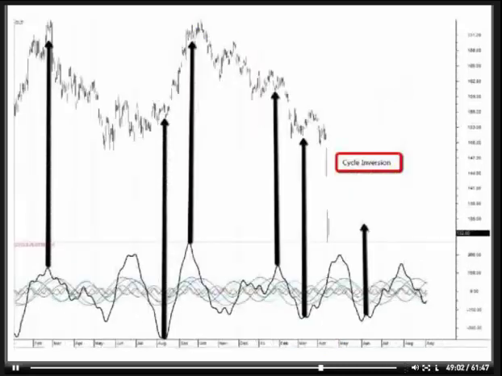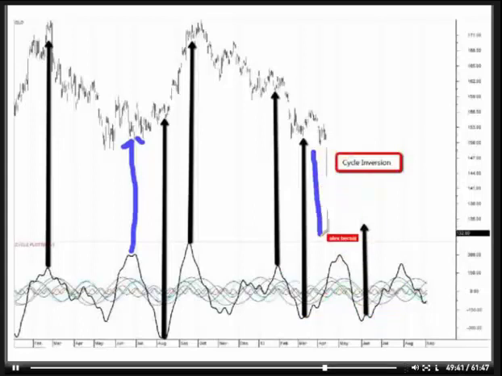The next one is gold. Everybody was asking me this week about gold, and I thought this was really interesting because previous to the last couple of days, we've actually been pretty happy about how the cycles have been forecasting gold. You can see that it had a nice forecast of the top in February. We actually had a cycle inversion here in June. In August, we got a low. In September, we got a nice little high right on this peak. We also got a minor high here in February. And we actually thought the low was in March. We thought we were going to trade up until May, and then the ultimate seasonal low happened in June.